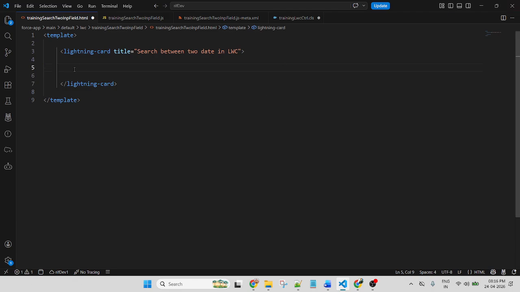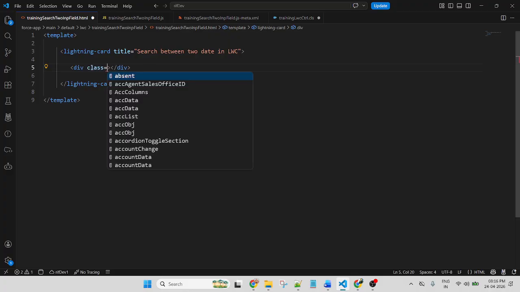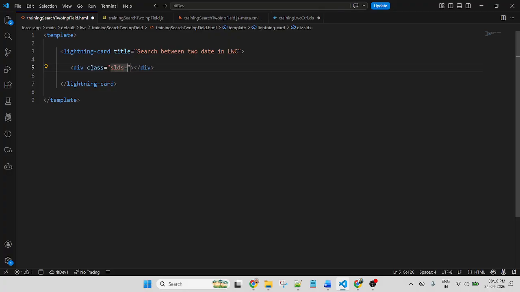So friends, now let me create a form. There are two input fields and a search button. SLDS padding around medium.